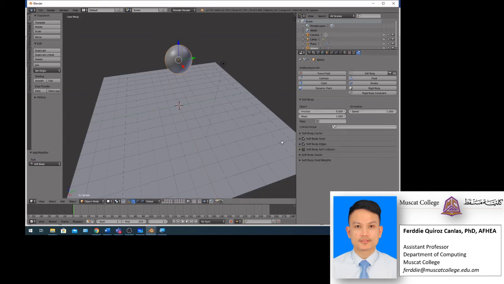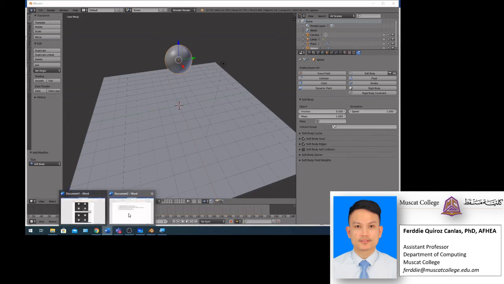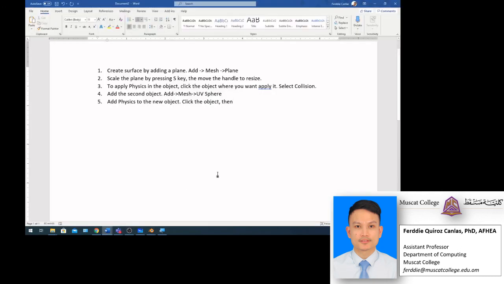Okay, so when you press with the soft body here, then select soft body. Okay, so after selecting soft body,